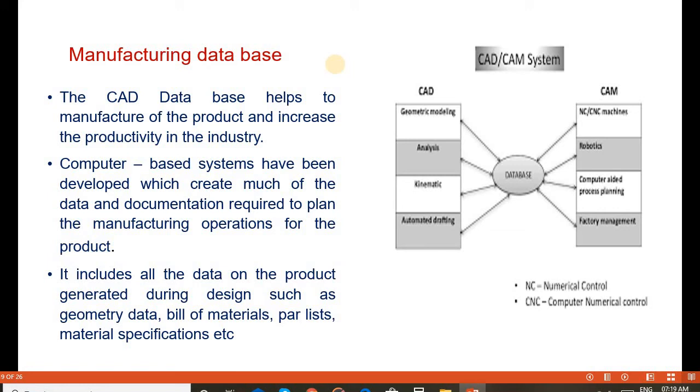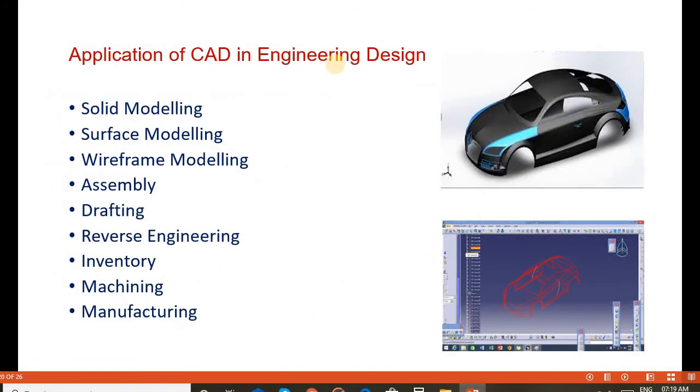It includes all the data on the product generated during such components, such parameters as geometry data, bill of materials, part list, material specifications, assembly list, and so on. All these parameters can be stored in the CAD/CAM database.